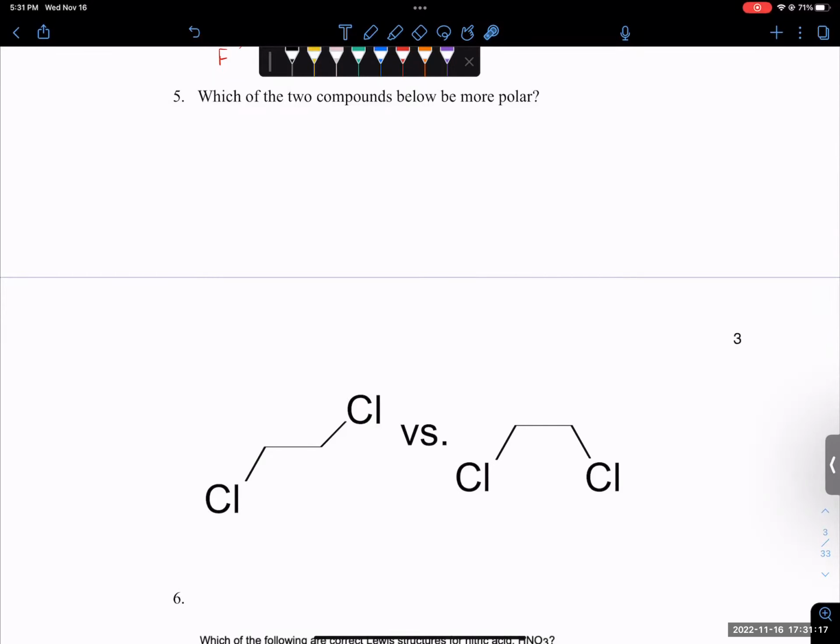Okay, so my idea is that they might be the same because without the double bond, the left one is able to be moved. So at some point. Yeah, so what he said,